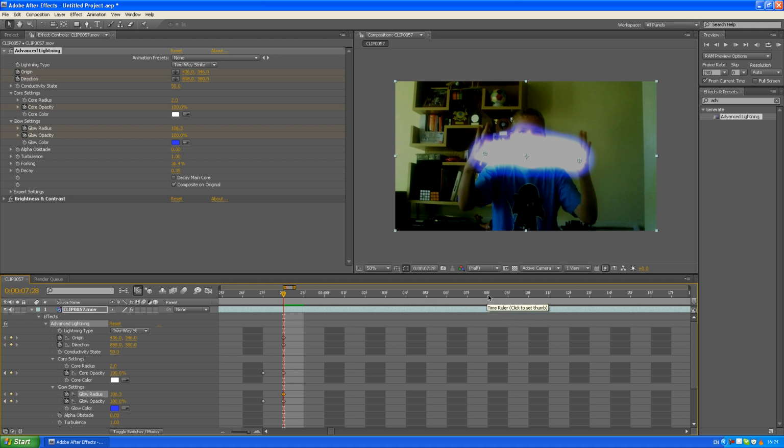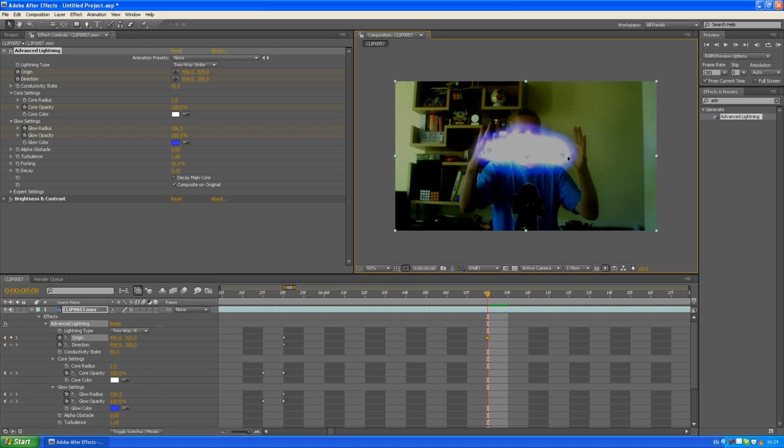So 10 frames after 28 is the 8th frame. It doesn't look like it's moved much, but it has moved a little bit. What you want to do after that is, because it's keyframed, if you change any of the settings, then it's going to save it and put it in as a keyframe where you have your timeline line. And because you've already started, you can put your glow opacity and your radius and whatnot down just a bit, just to show that it's like